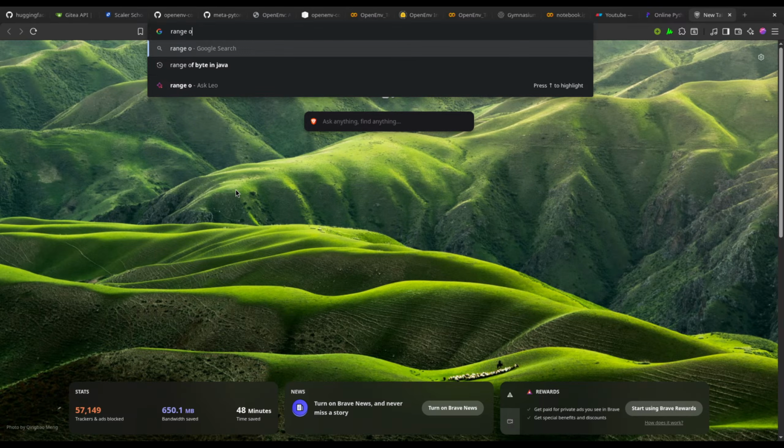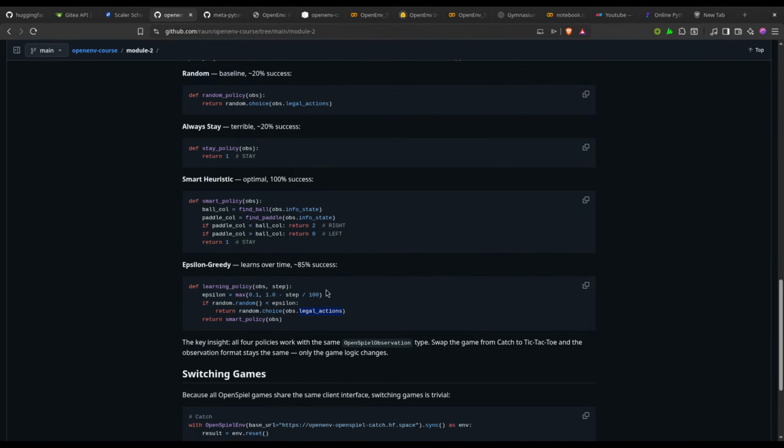I just wanted to know if it is also maintaining the lowercase value, because I know it is maintaining the uppercase value by doing this. Okay, because the maximum value that epsilon can have, I think it should be 1, because when there is no step, this will be 0 divided by 100, which is again 0, and when we subtract 0 from 1, it will be 1, and the maximum of 0.1 and 1 is 1. So the maximum value of epsilon can be 1. So at that time it is returning this thing.